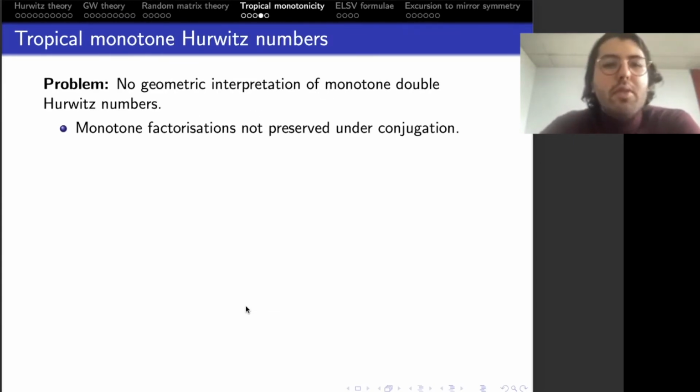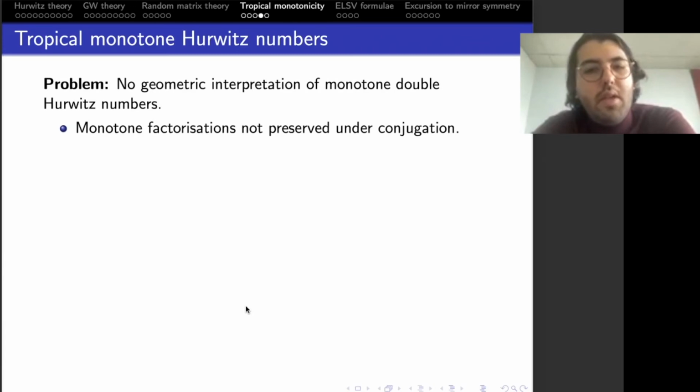So now what we want to do is we also want to obtain a tropical interpretation or a graph theoretic interpretation for monotone double Hurwitz numbers. But one of the problems is that monotone double Hurwitz numbers are only defined in the setting of the symmetric group and do not have a geometric interpretation. Essentially, this comes from the fact that monotone factorizations are not preserved under conjugation. So this is essentially the reason why monotone double Hurwitz numbers do not have a geometric